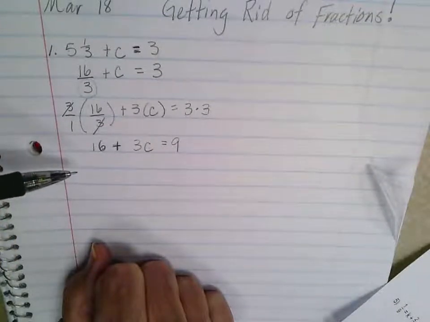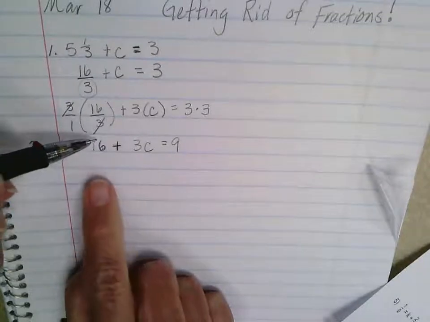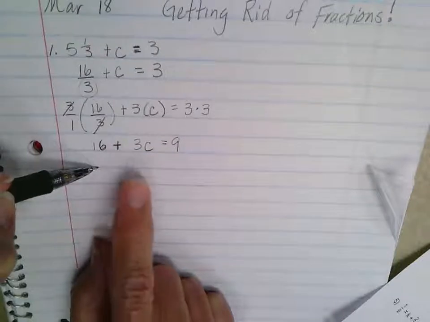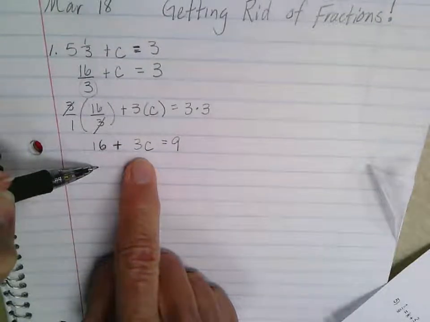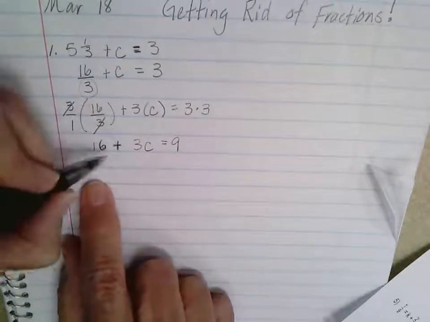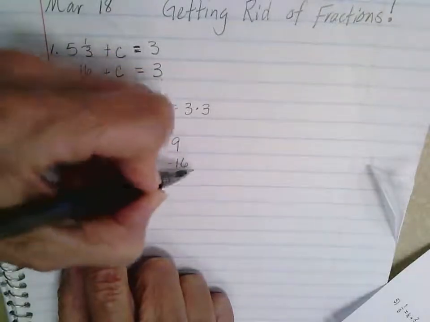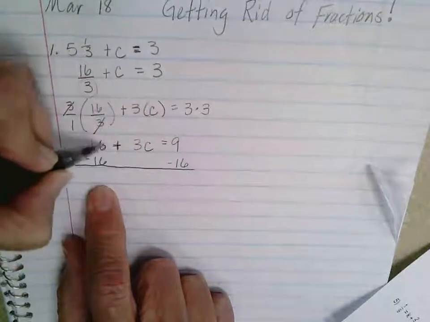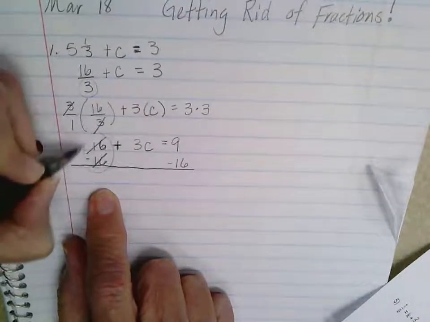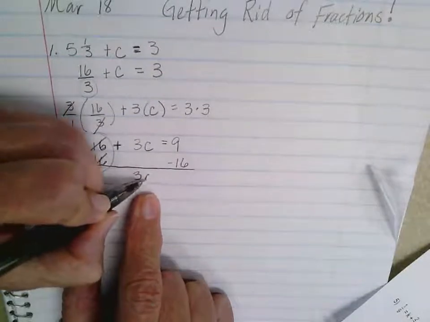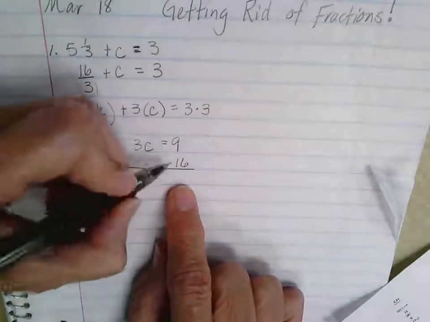And so what I'm going to do is I want to take this side to 0. And I just want to be left with my 3 c's here. So on each side I'm going to subtract 16. These are going to cancel and go to 0. I'm going to be left with 3 c's, and over here I